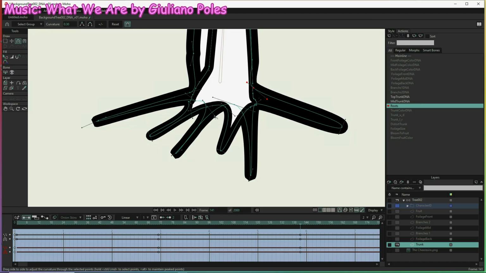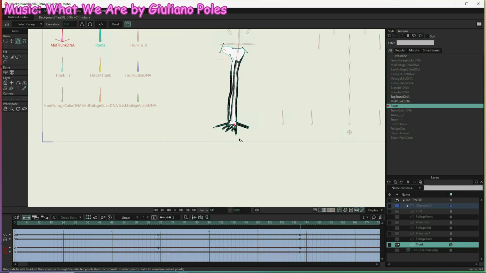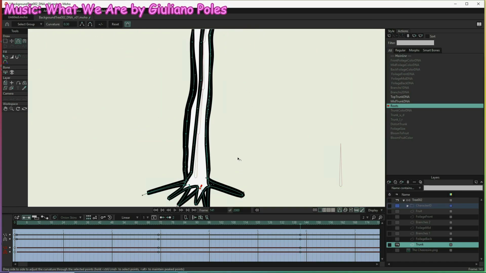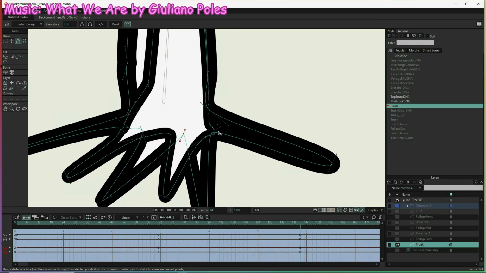There we go. Get rid of some of these extreme curves. And there's our maximum root look, except let's go ahead and add another little